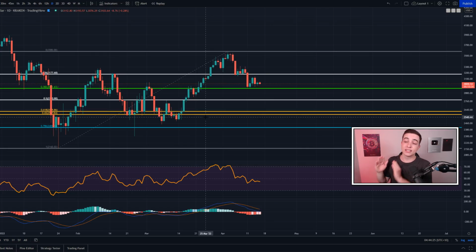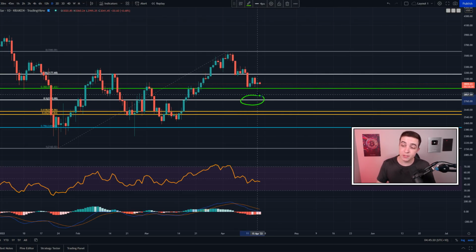And over here on the daily Ethereum chart, I've drawn the Fibonacci retracement tool from the January low up to the local high, and that puts the second most important Fibonacci level, which is the 38.2% Fibonacci level, right around here at that 2,950 price level. And then the 50% retracement on this chart is coming in at around 2.8k, and the golden pocket, the most important Fibonacci level, is coming in at around 2.6k approximately.